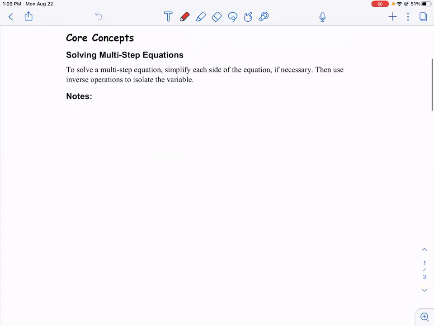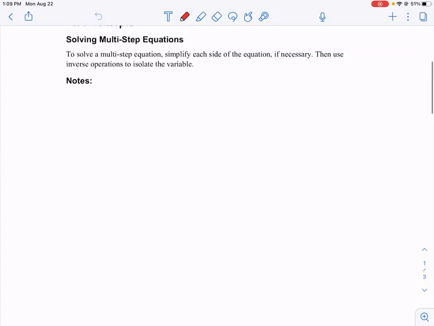Just in this blank space on page 9. To solve a multi-step equation, I'm going to give you some strategies. If possible or if needed,